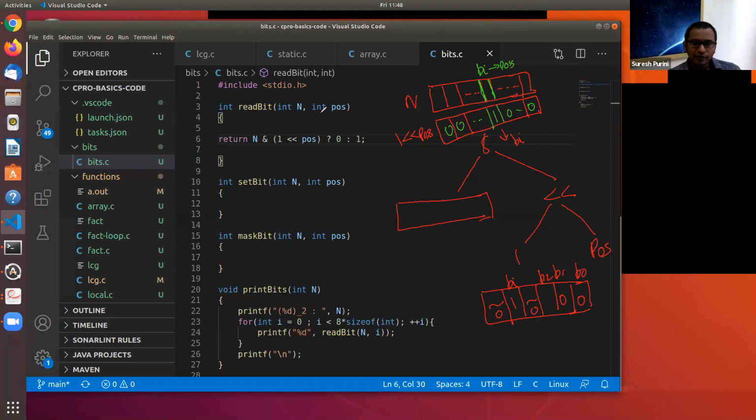How do you think n is stored in the computer? There is no representation for 2 and 3. Let's say n is equal to 23; there is no hardware representation for 2 and 3 in a non-binary form. So you convert 23 into a binary form, and then